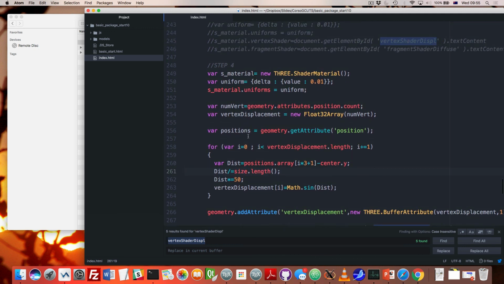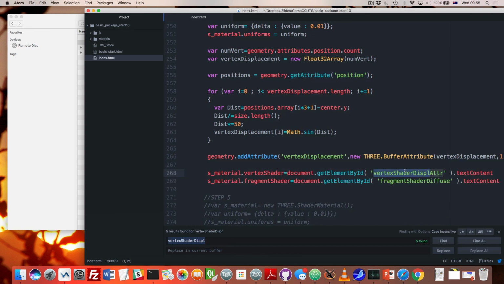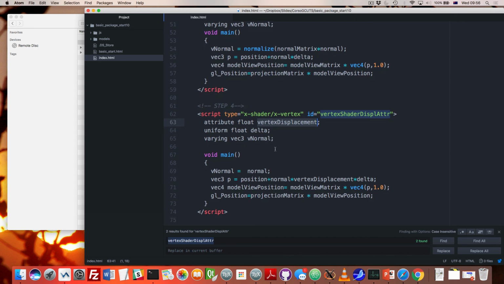So the thing is, you can create these vectors of attributes and then pass them to the shader. And you have this shader here that will get this vertex displacement, which is different for each vertex. And you have the delta again, which is uniform. And this vertex displacement,